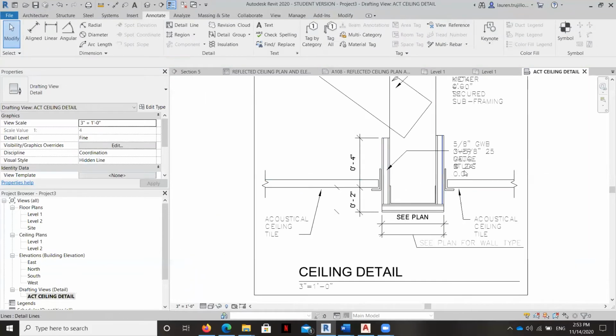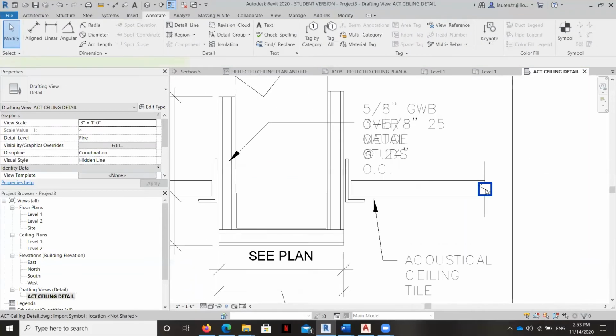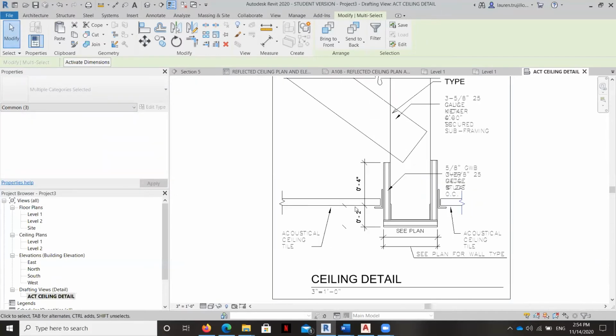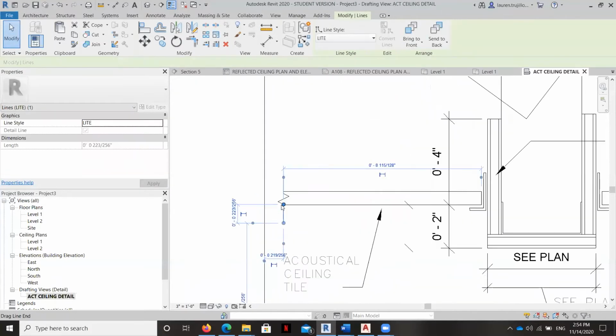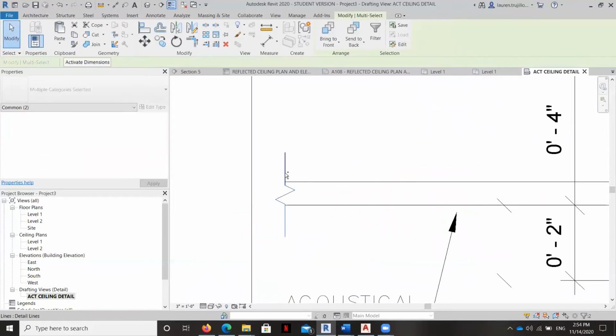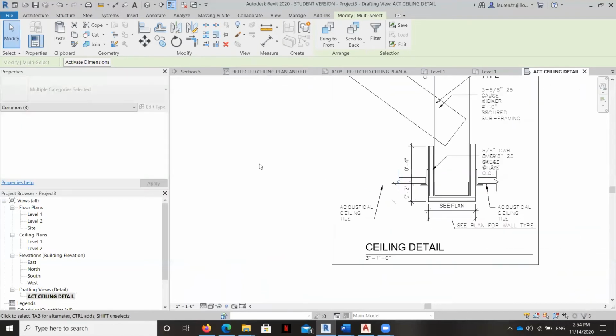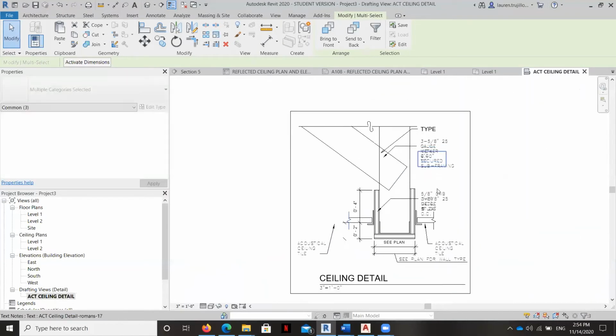I'm also going to try to condense this information just a little bit more by shifting this break line here. And you can see break lines indicate things that go on much farther, but we don't need to show all that. We don't need this. I'm trying to get this detail to be small because my text boxes are going to be large, or long rather. Okay, so I'm going to pause for a second and delete some of this information and create new leader lines and text boxes.